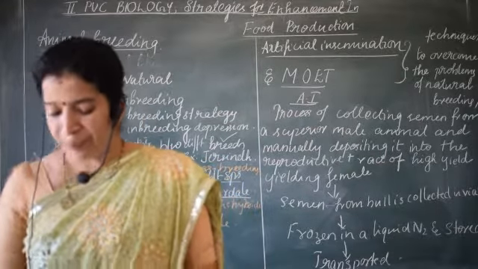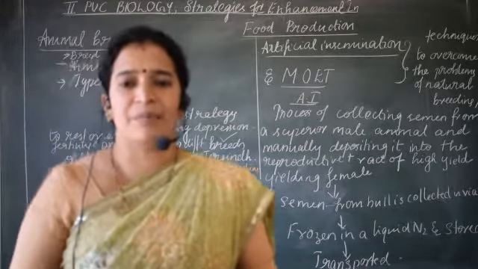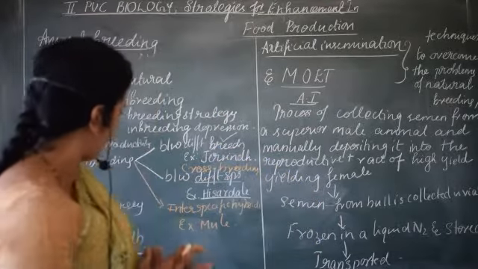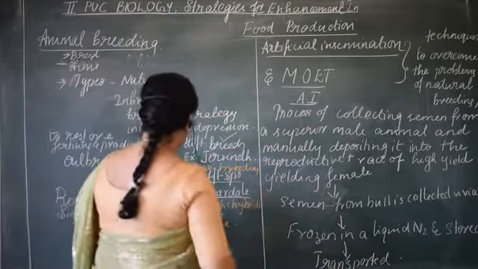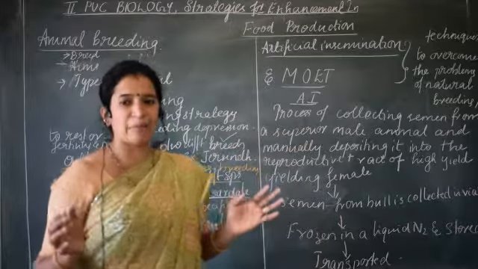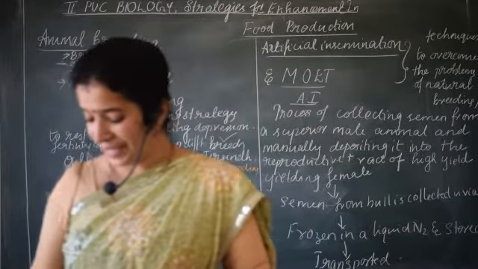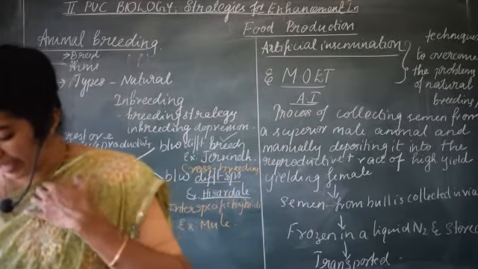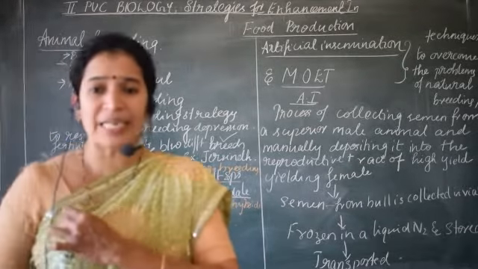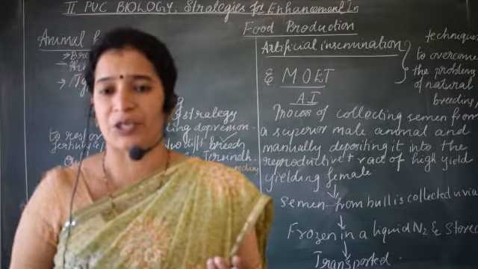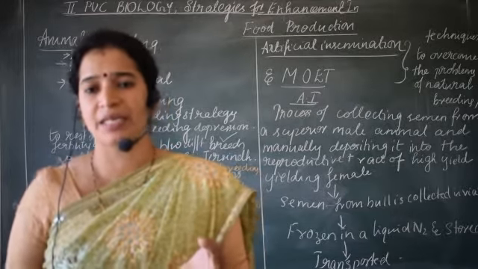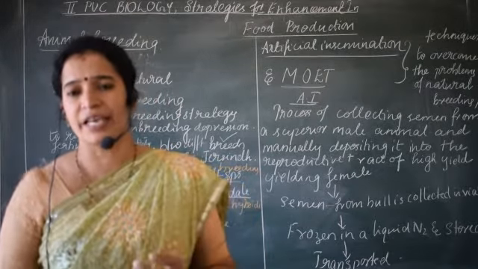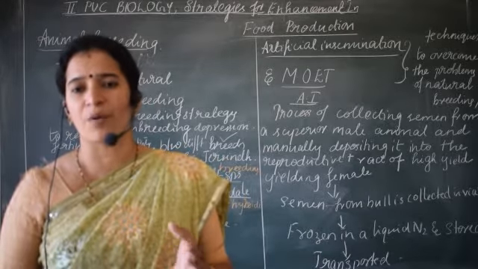And here the best value of this method is that it allows the desirable qualities of the two species in a single breed. So this progeny has the desirable features of both species, so that we can see the desirable qualities in a single individual, and it is of commercial value.